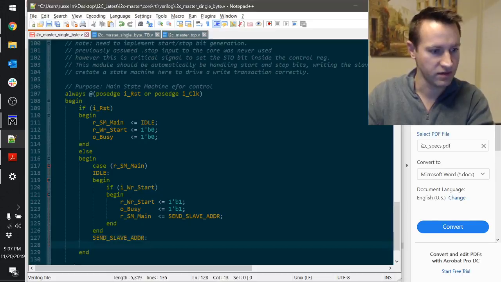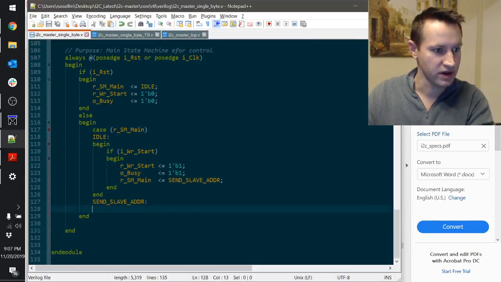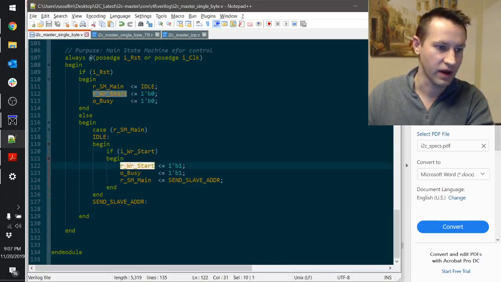So when I'm in send slave, so again, this is how I like to do state machines, right? You're sitting here, you're in idle. If this happens, go here. Next clock cycle through, you'll be in this state, you'll do this stuff. It's just easy to see the flow, like the transitions of things, and what happens when I write start goes high. Well, I register this. Oh, you know what? Actually,